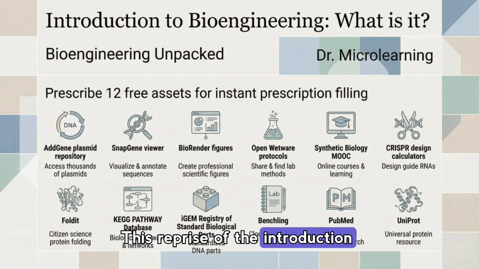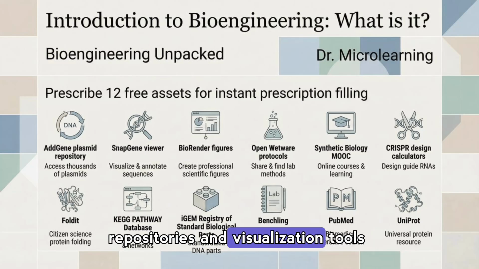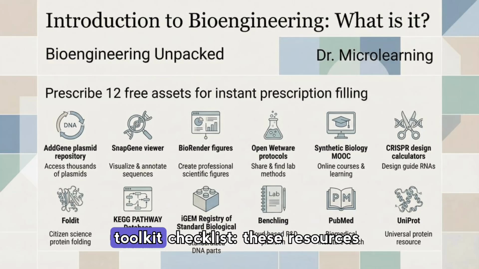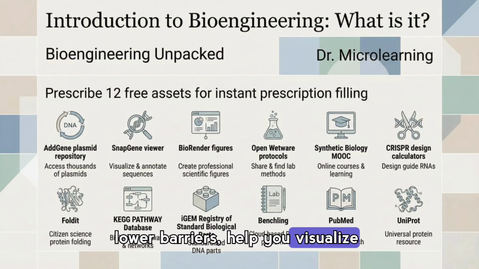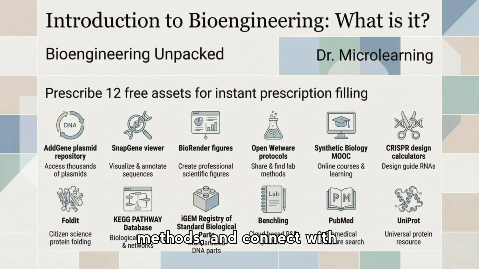This reprise of the introduction highlights 12 free assets to accelerate your work, from plasmid repositories and visualization tools to literature databases and protocol platforms. Treat this slide as a toolkit checklist. These resources lower barriers, help you visualize sequences, prototype figures, find methods, and connect with community knowledge to speed up